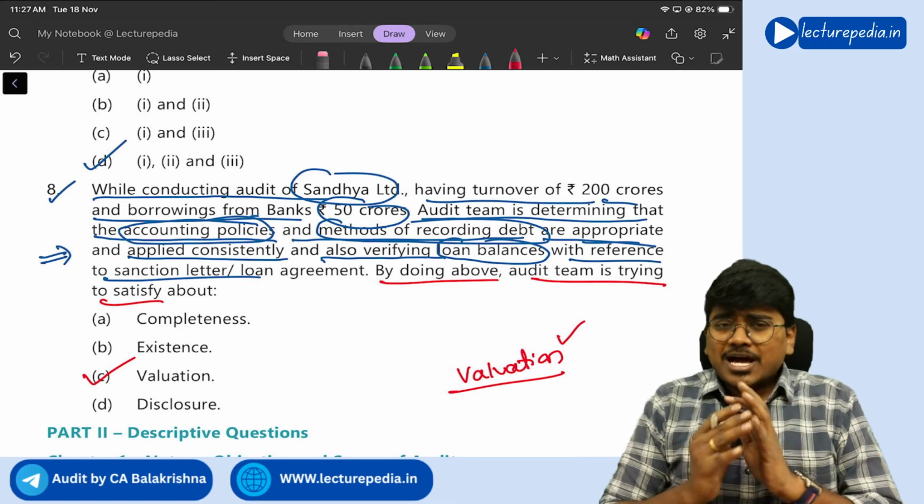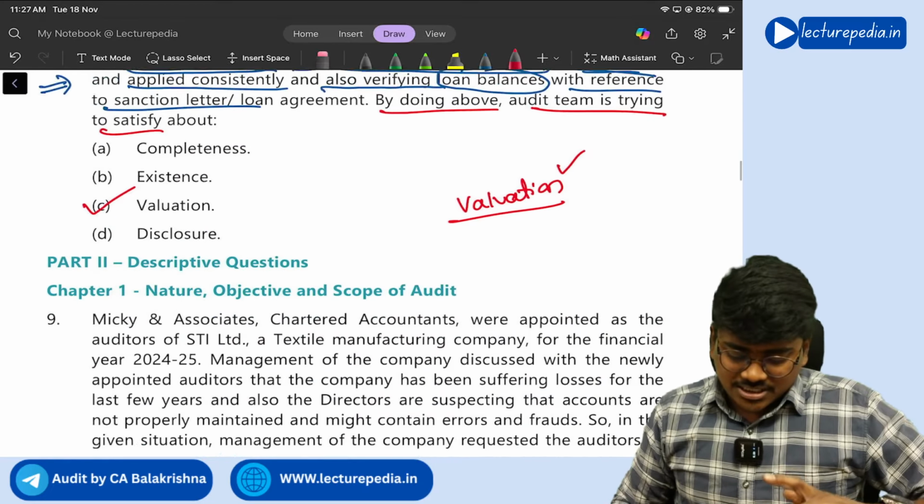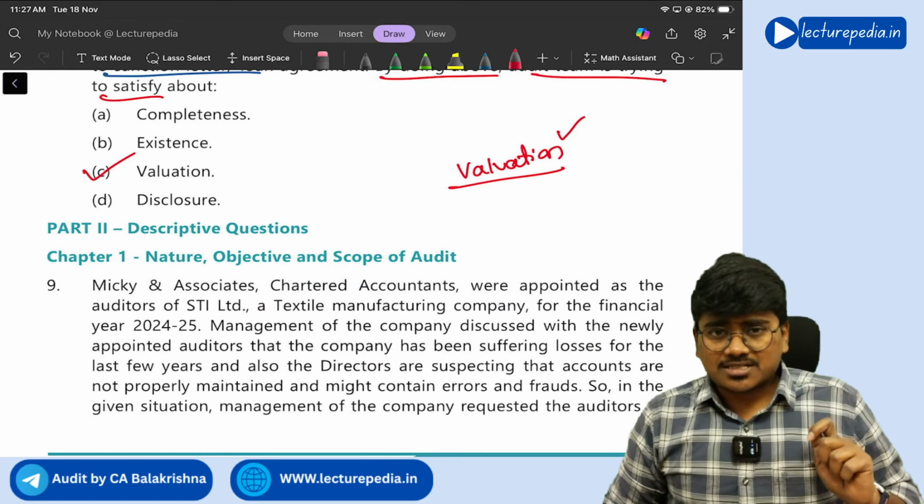So by now we have completed discussion of MCQs. Now we will start discussion of theory questions. So before starting,